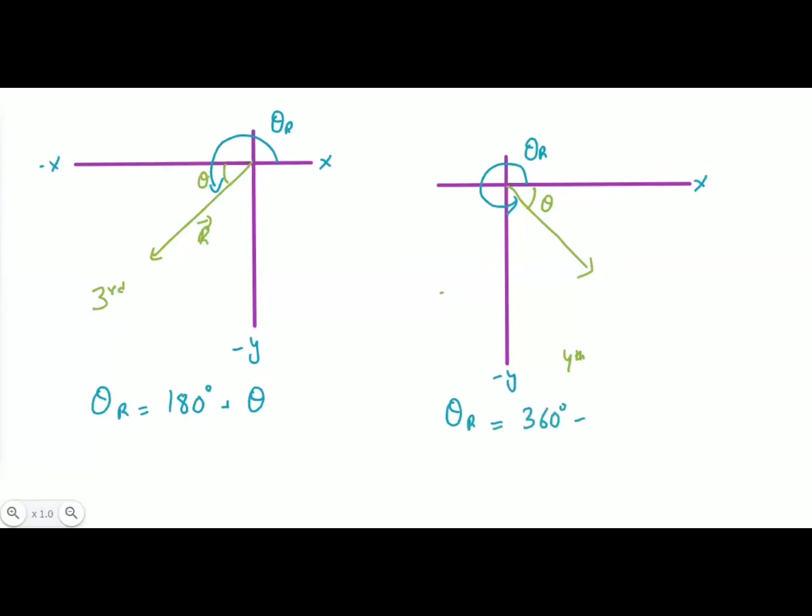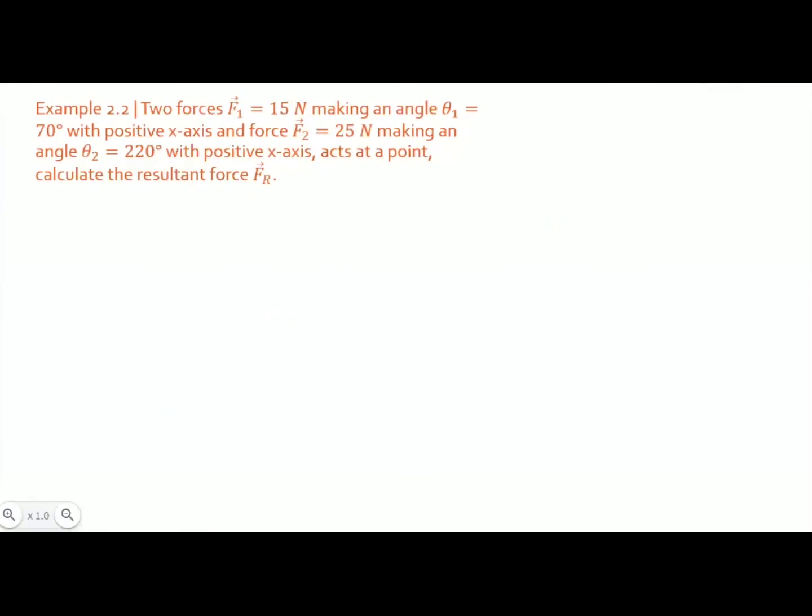So अगर हमारे पास रिजल्टेंट वेक्टर जो है वो फोर्थ क्वाड्रेंट में प्रेजेंट है, तो उस केस में हमने क्या करना है, हमने इस मेजर्ड एंगल जो कैलकुलेटेड एंगल है इसको हम 360 डिग्री से जब सब्ट्रैक्ट कर देंगे तो हमारे पास रिजल्टेंट वेक्टर r की वैल्यू जो है वो हमें मिल जाएगी. So this is the method, these are the steps which we have to follow while determining the angle of the resultant vector. Example 2.2: two forces, F1 equals to 15 Newton making an angle of theta 1 equals to